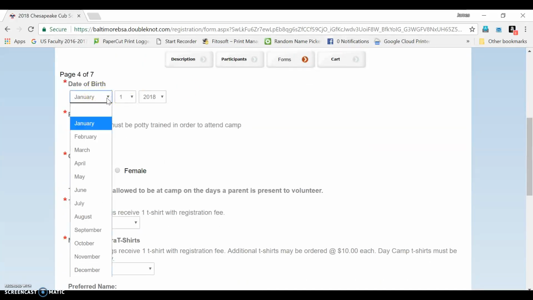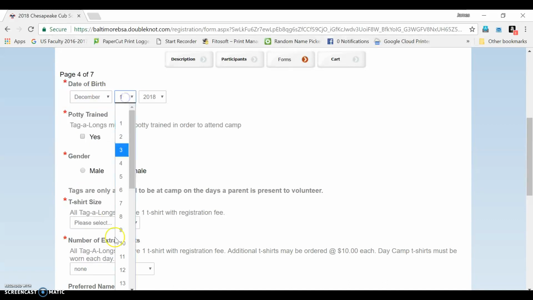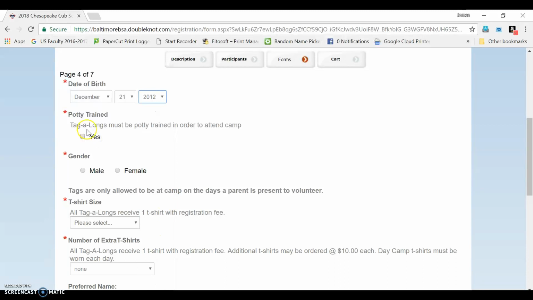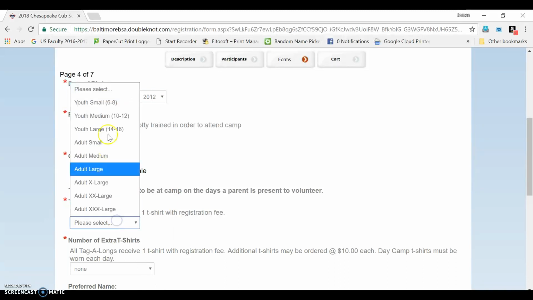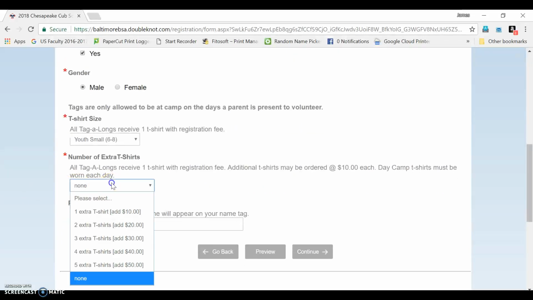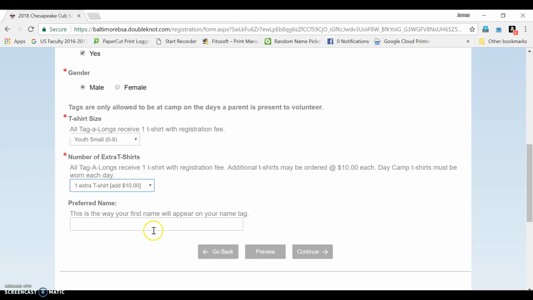So my tag-along here is going to be December 21, 2012. He's been potty trained. He's male. He gets a youth small. He's going to be there a lot of days, so we're going to get him an extra shirt. And his preferred name